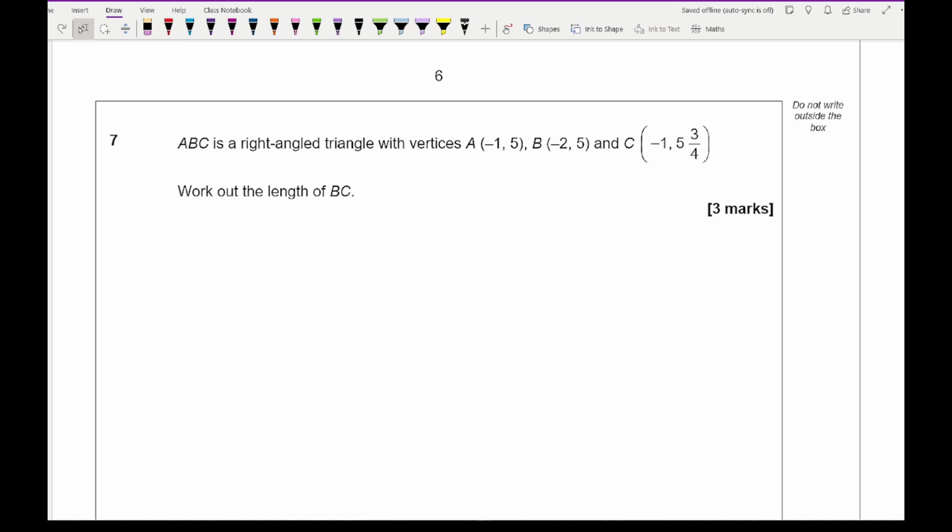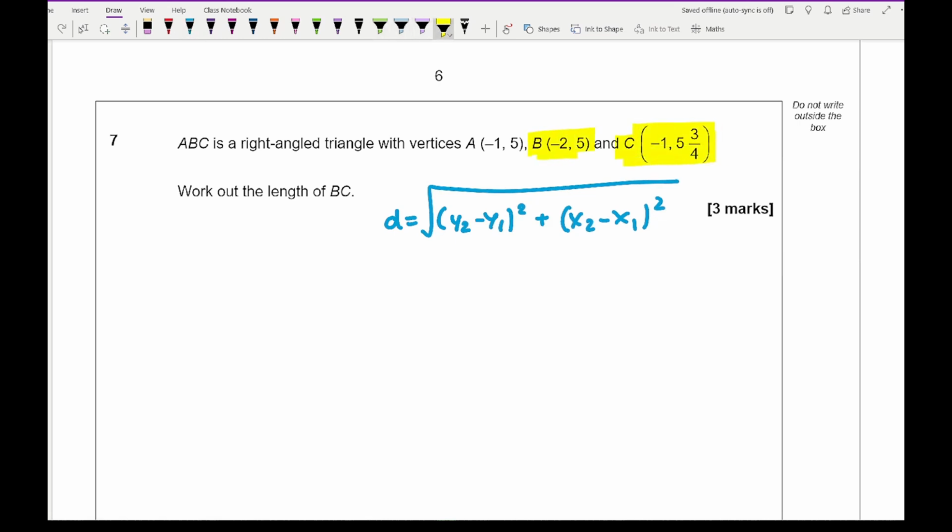Now, to work out the distance between two coordinates, I'm going to use this formula here. So it's y2 minus y1 squared plus x2 minus x1 squared, and that's all square rooted. The two coordinates I'm going to use are B and C. Now it's entirely up to you which order you want to do them. So for this, I'll use C as my second coordinate, B is my first coordinate. So the distance or the length is going to be 5